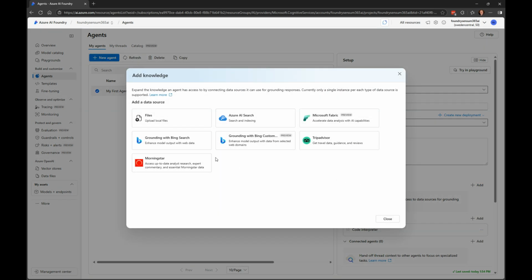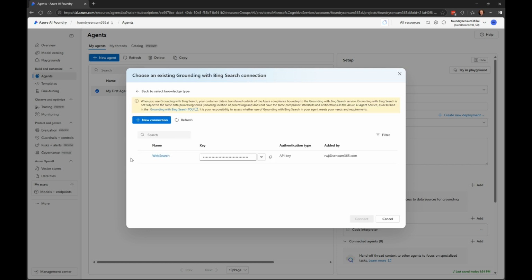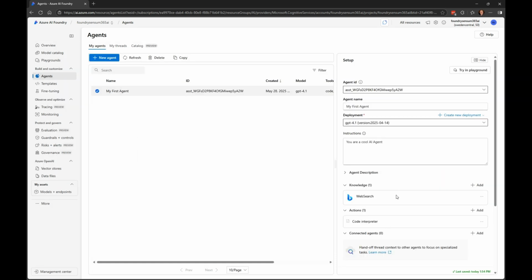And the other one, which is very known, is the Bing search on the fly, where if you make a Bing grounded with Bing resource, you can do that. They're quite expensive. They cost like $35 per 1,000 searches, but that must be the price so far. But you can put that in, and then we have knowledge, so it can go and grab stuff live, and it can do code interpretation.